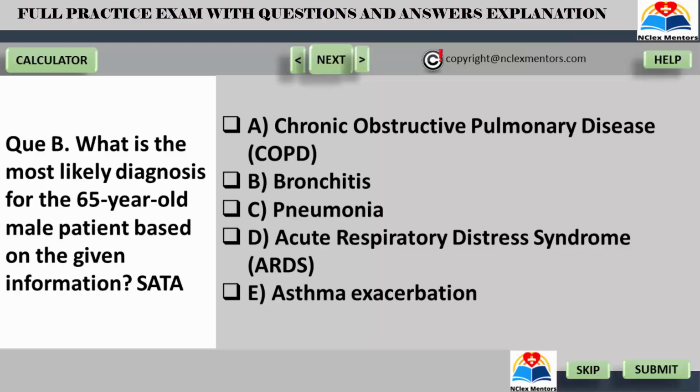All right, time's up. Let me reveal the right answer to you. The right answer is option A, or chronic obstructive pulmonary disease, and option E, or asthma exacerbation, are the correct